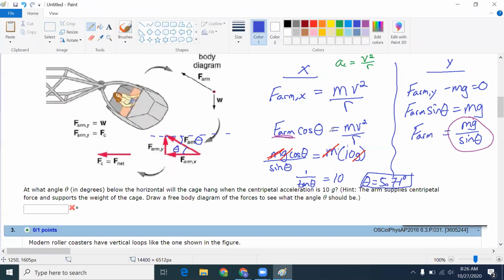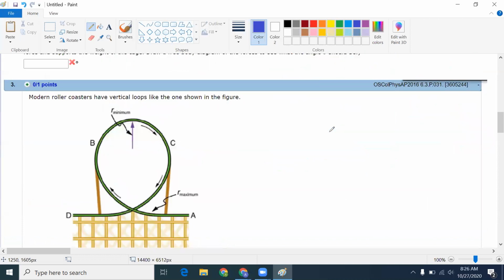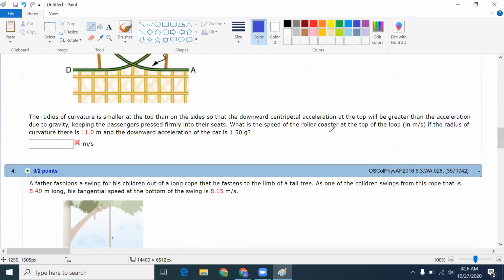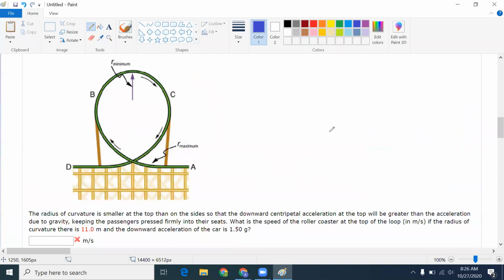So we'll move on to 3, roller coaster. And we have this vertical loop shown. The radius of curvature is smaller at the top than on the sides, so the downward centripetal acceleration at the top will be greater than the acceleration due to gravity. This is because you got to remember the train here